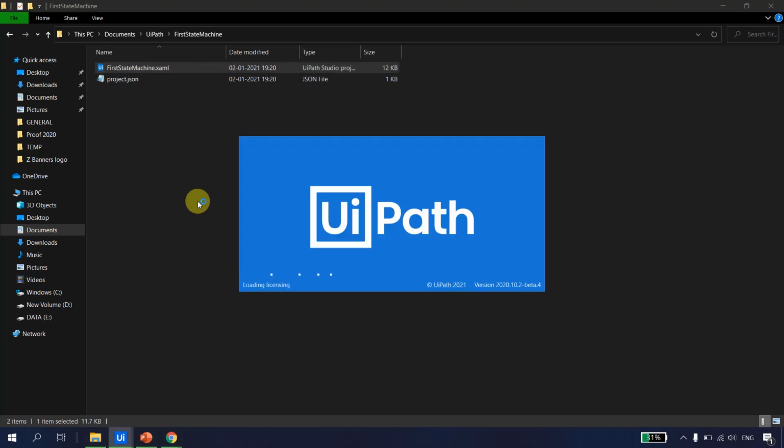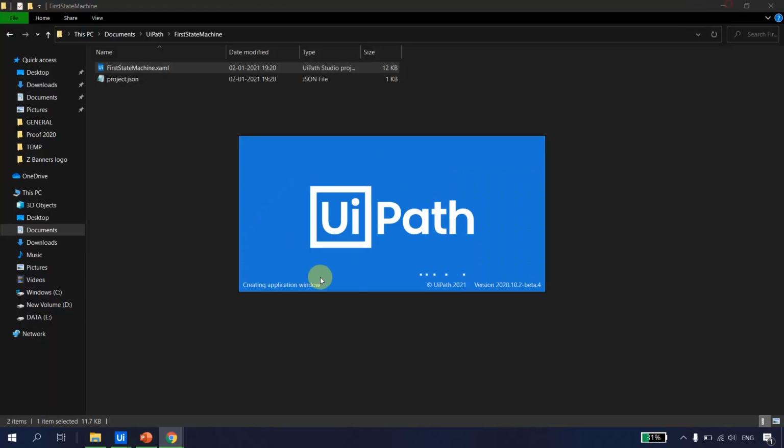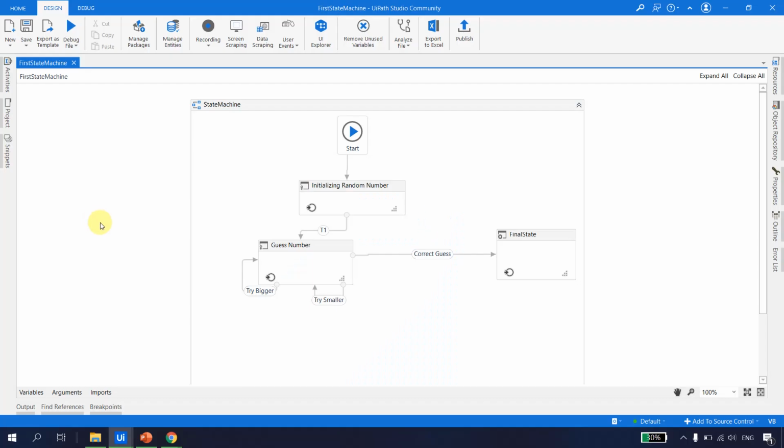So this is an example which is provided in docs.uipath.com. It is available here in the state machine example. Okay, let's see what this is. So this is how the example looks. In this example provided by UiPath for the state machine, what they are trying to do is give a random number to guess. So if I go ahead and run the file,